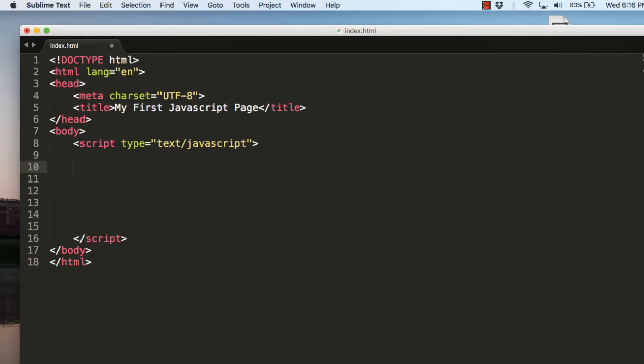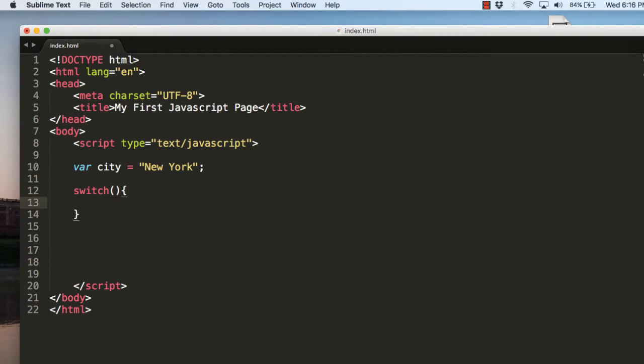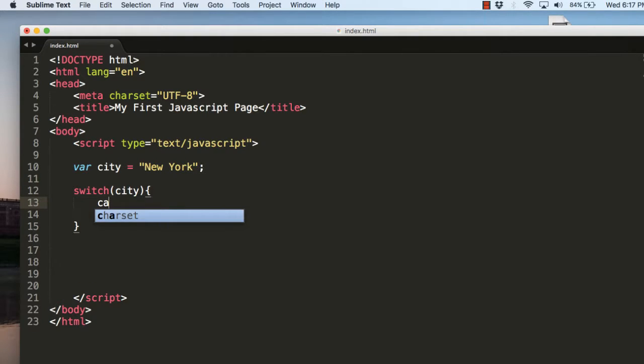So instead of using country and city, we will just use a single variable here. Say variable city is equal to New York, and here we will use a switch statement. It's very similar to if. Now here instead of typing or checking the conditions like in the if statement, we will just place the variable name here, for example city, and we will check case